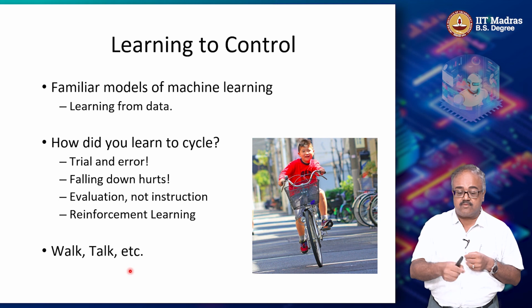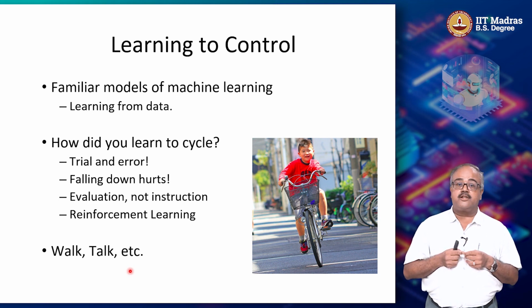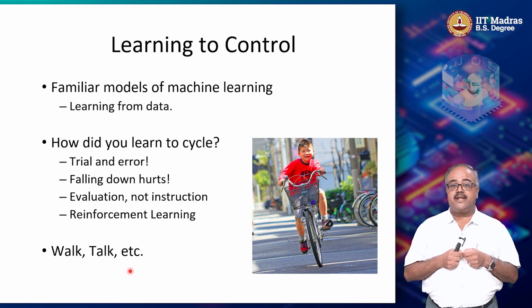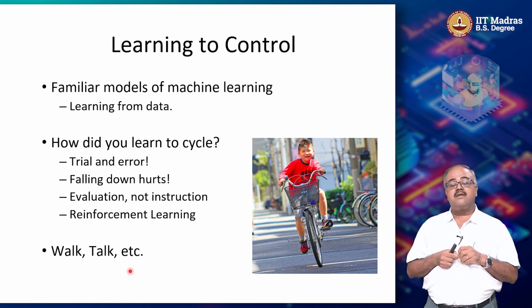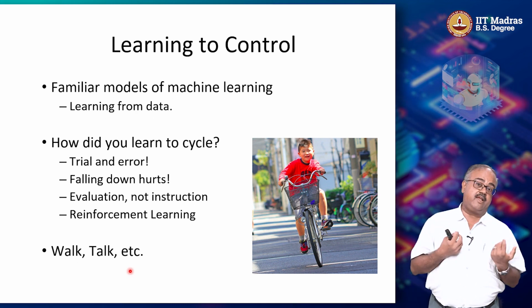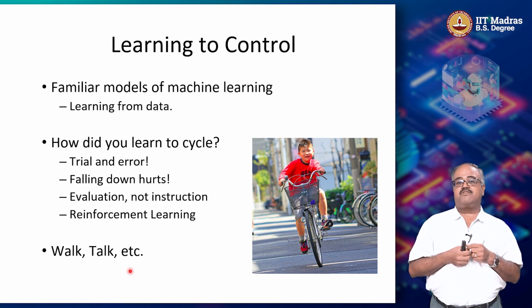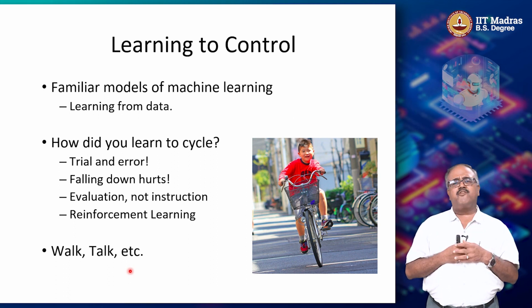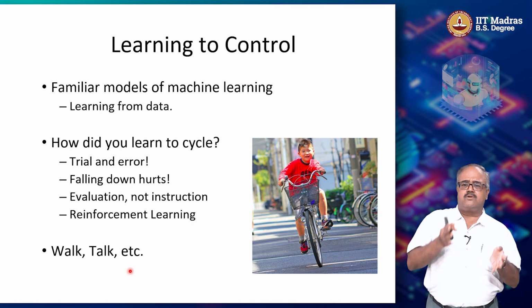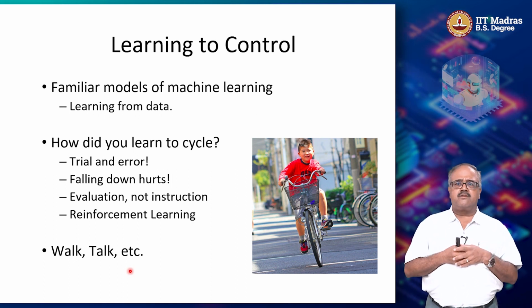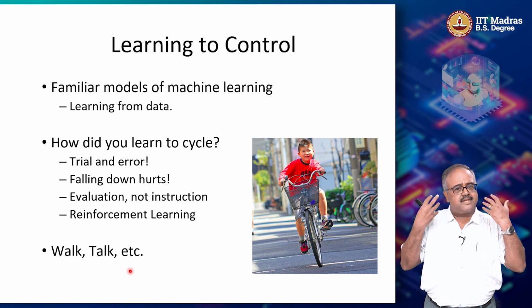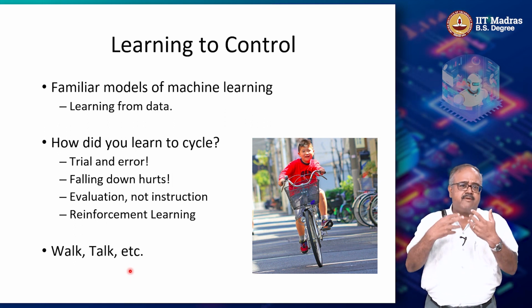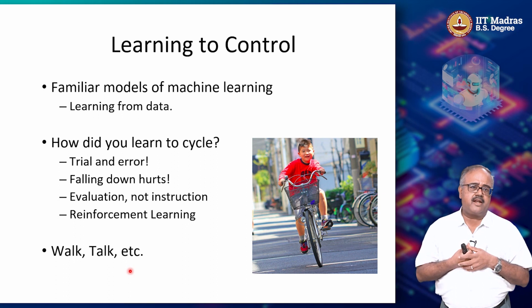Like, you can't write down what is the actual output that you should do, what is the action that you should take in a particular situation. It's very hard for you to write this down, and quite often we don't even realize what we are doing. In fact, if I ask you how you are cycling, you'll probably not give me an accurate description. You wouldn't know that you are throwing your center of balance one way or the other, and so on and so forth. All of those things you basically are doing at a subconscious level. So you won't even be able to describe things to me in an accurate fashion.